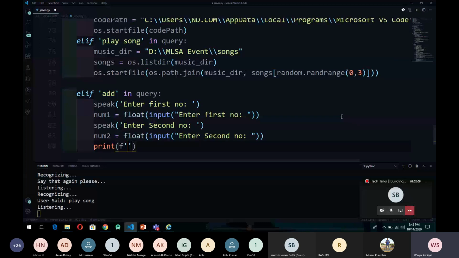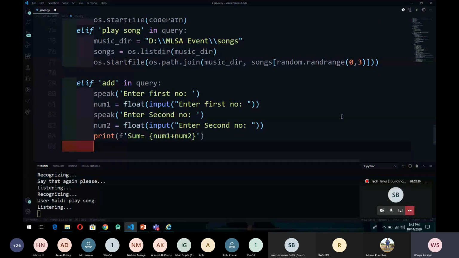So you can print sum is equal to, and you can also speak this. Okay, let's test this now.